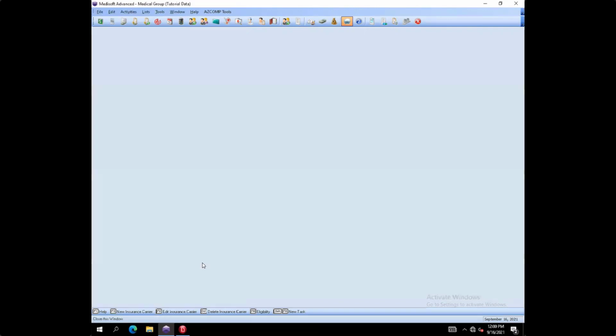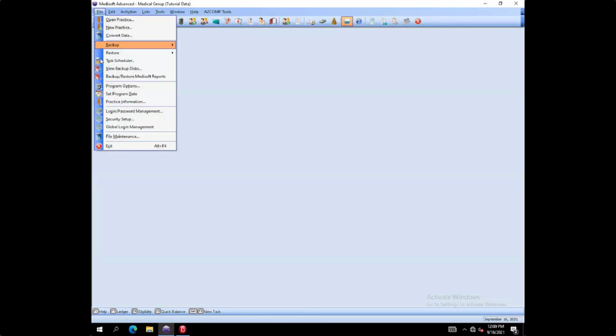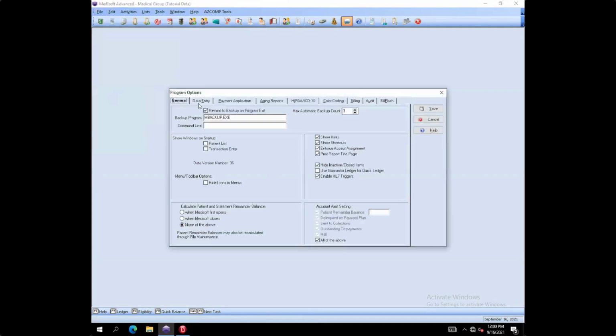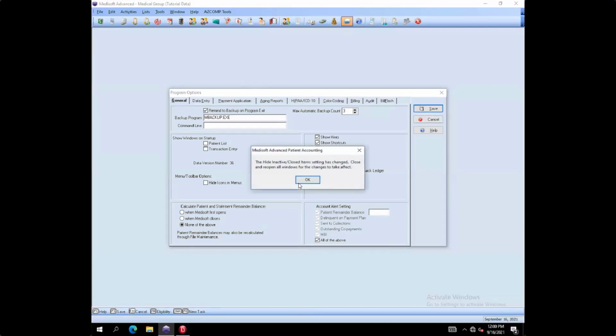So to turn that feature on in program options, you're going to go to File. You're going to go to your program options towards the middle of the dropdown. And it takes a few seconds for program options to load. And right on this first screen that pops up under the General tab, over towards the right-hand side, there's this box that says Hide Inactive and Closed Items. You just want to make sure to have a check mark in that box so you can hide those inactive and closed items. This also is for hiding your closed cases, which is another nice feature to prevent data entry